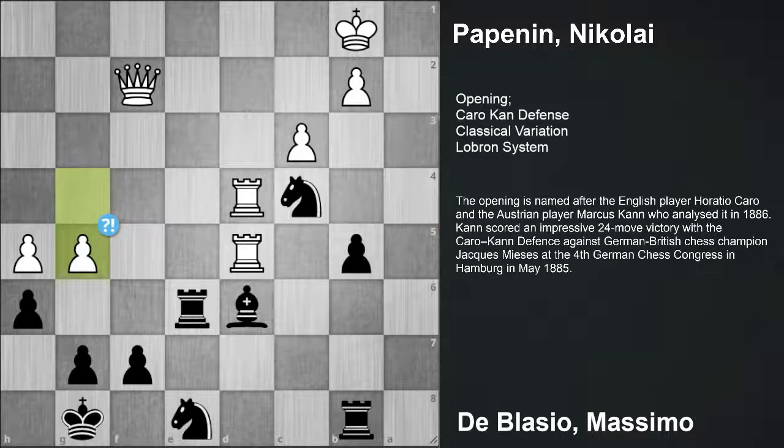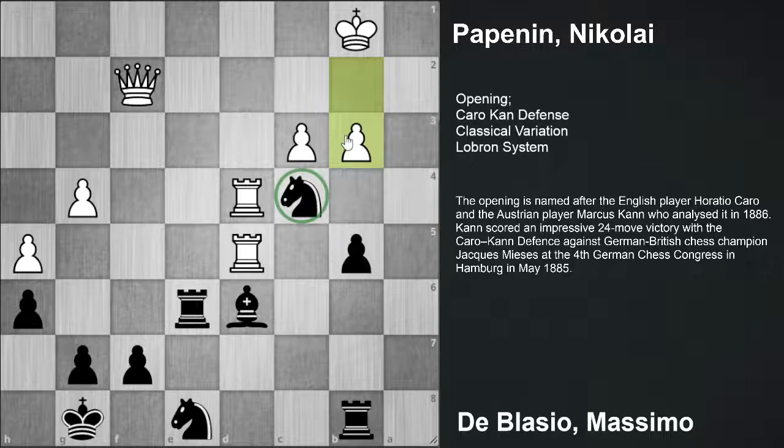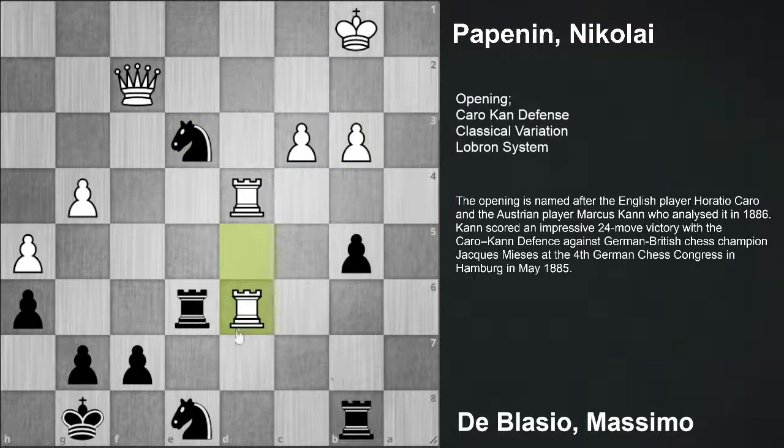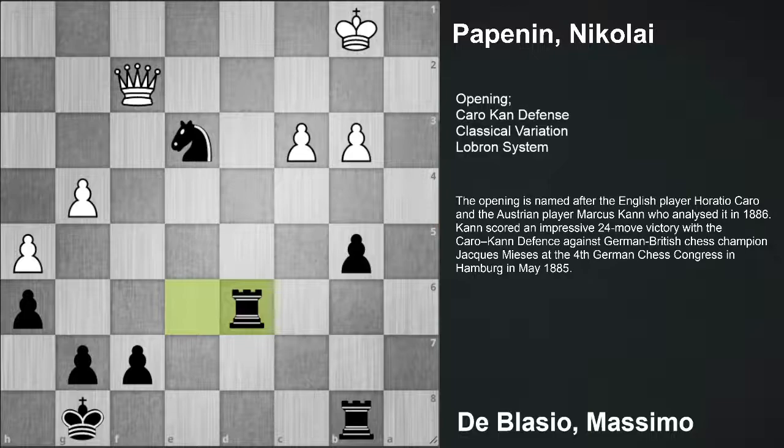g5 was played in this game, and that was the obvious move. Instead of it, it was better to play the move b3 here, asking black that I don't like your knight over here on c5. You must move it somewhere. And knight e3, rook into bishop, knight into rook, rook into d6, rook into d6, queen into knight, and this position is a draw actually,